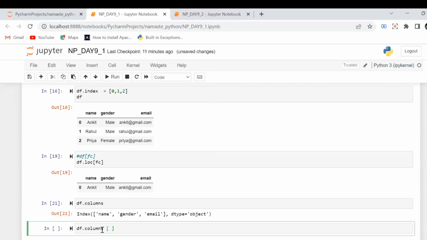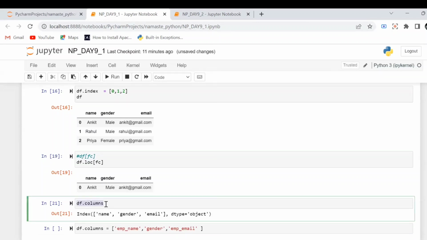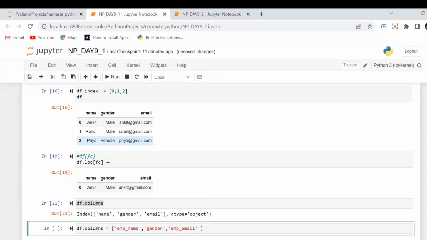and I will pass the new values. So for example, I will say emp name, and then let's say this is gender only, put in small, and I will say emp email. Okay, so I'm passing a list and assigning it to df.columns. So df.columns contains all the column names in a list kind of object. If I pass a new list to df.columns, it will rename all the columns. If I run this,